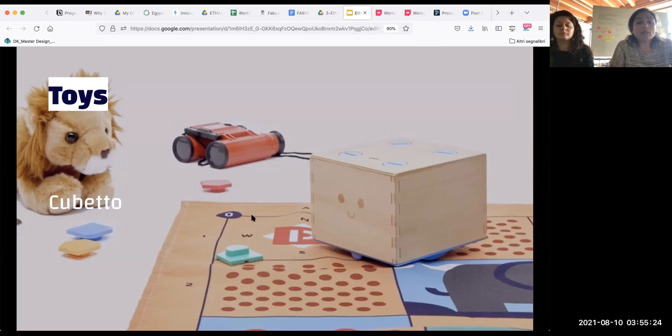After two successful Kickstarter campaigns, they managed to create a toy that brings physical programming to kids aged 4 to 6. It's an interesting toy because it allows kids to plug in these blocks and to program